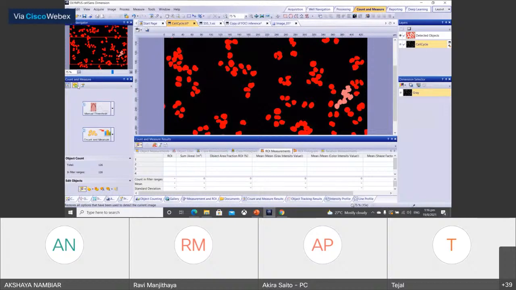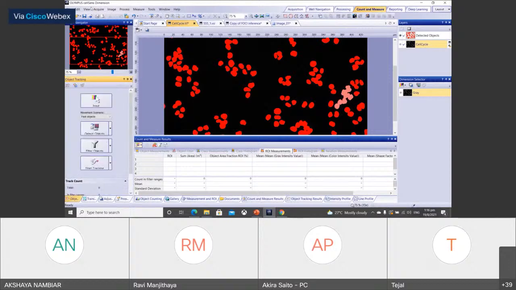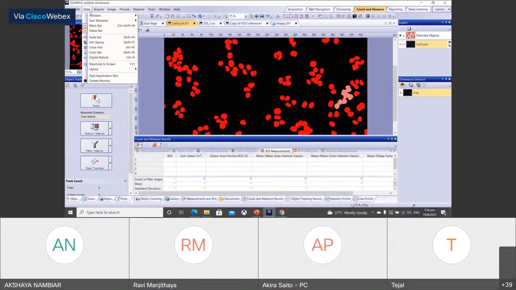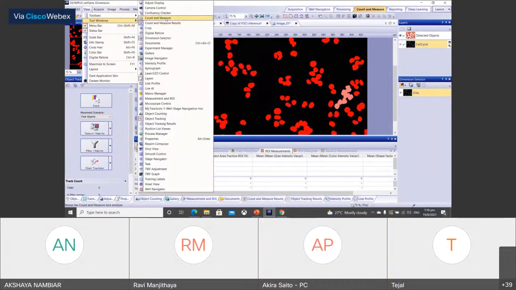Anyway, if you have CellSense Dimension, I think you can see this tab, and by default there is this tab in CellSense Dimension. This is the default position, but of course it can be closed. If you cannot find it, you need to go to View, find the Tool Window, and go to Count and Measure.